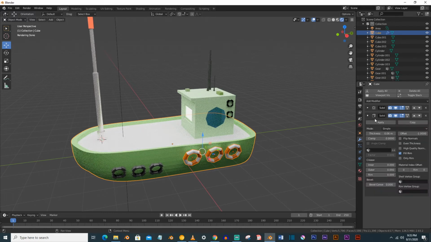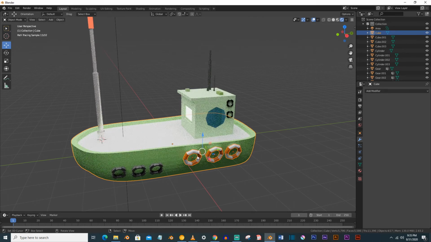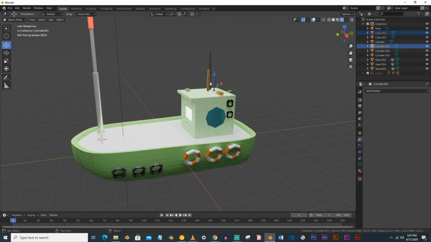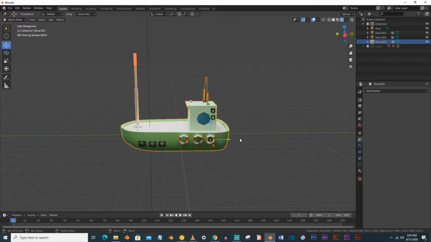and I think you have also applied these modifiers here. Now select this and Control J, select these, Control J, select this and this, Control J, select these and this, Control J, select this and this, Control J, and now our board is ready. Now just name it ship and hide it.